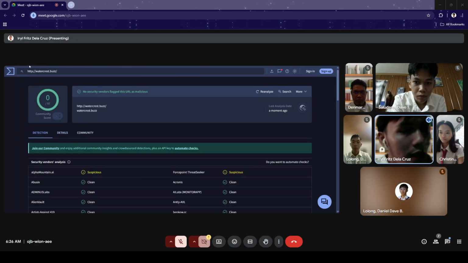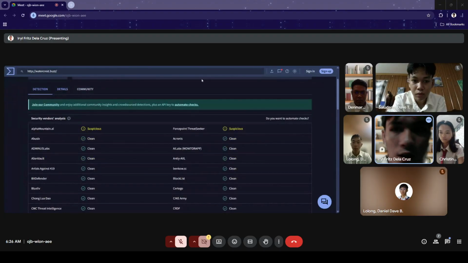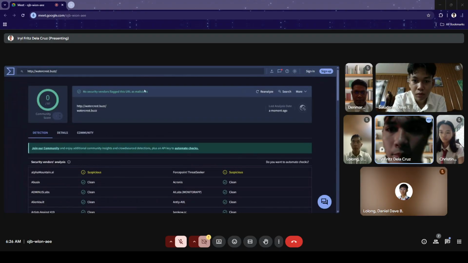We cannot check if a certain file contains malicious content, since our incident is not a file type investigation but a URL investigation.